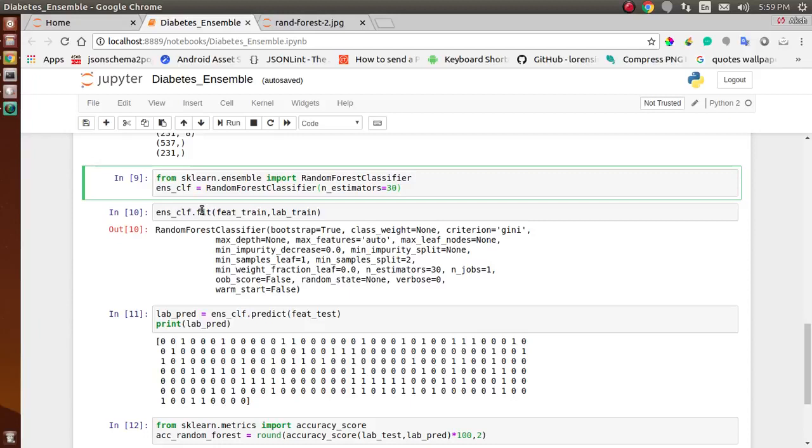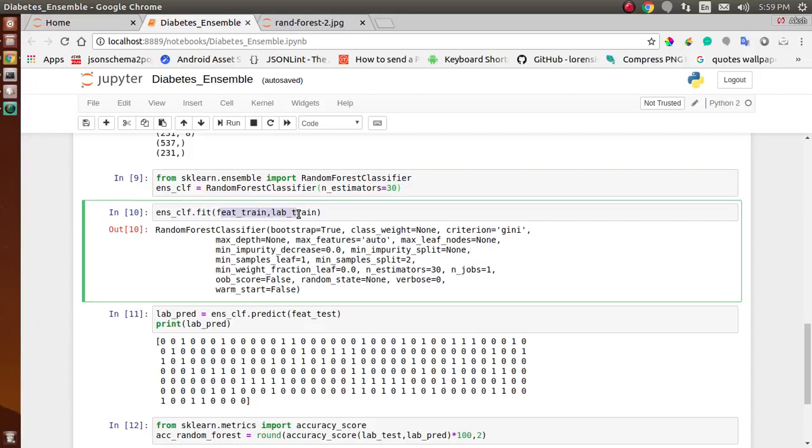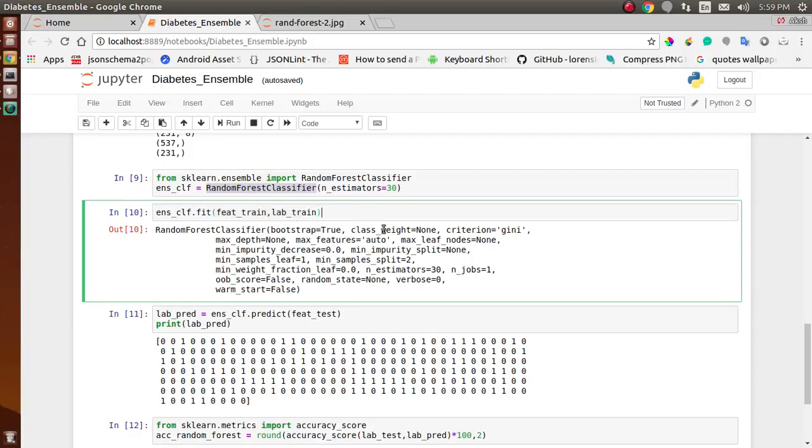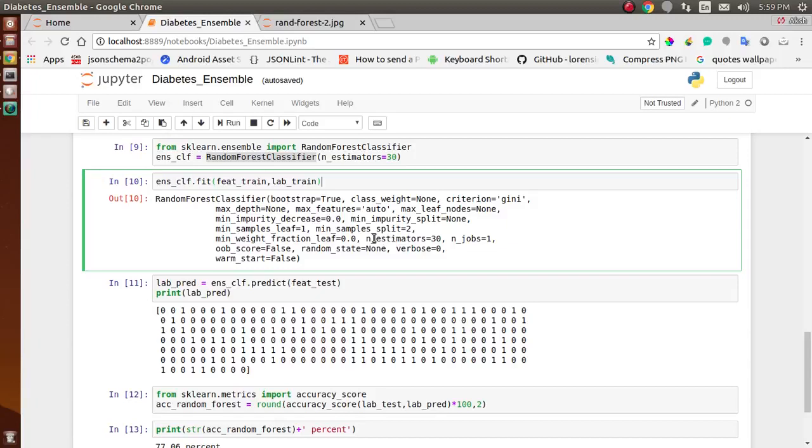Then we will fit our training data into the classifier, that is the random forest classifier. Here we just use the .fit function on the random forest classifier, and we fit our data into this. Here you can also see the n_estimators 30 that we assigned above. These all are the parameters.